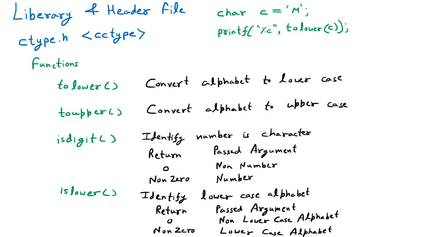Now the answer of this particular statement will be small m. Is to lower means converting the m to lower. So the answer of this one will be small m. Because here you can see that we have declared one character and the value of character is capital M. So if I am going to print to lower, so that m is converted to the small. So small m will be printed. Now I'm taking another example to make you understand to lower function.